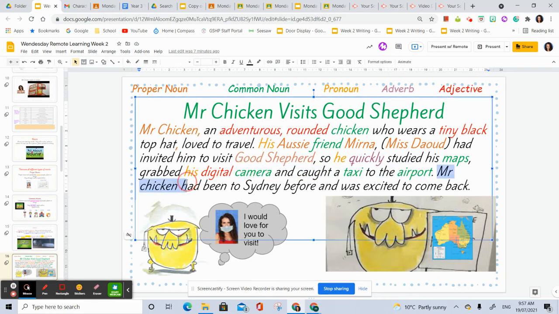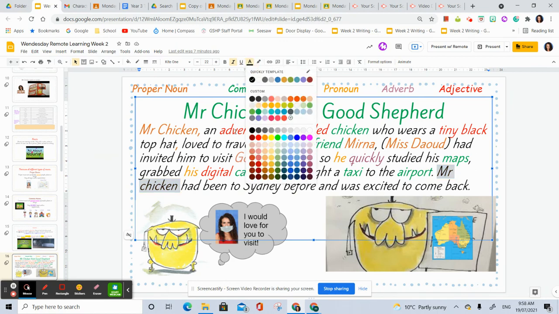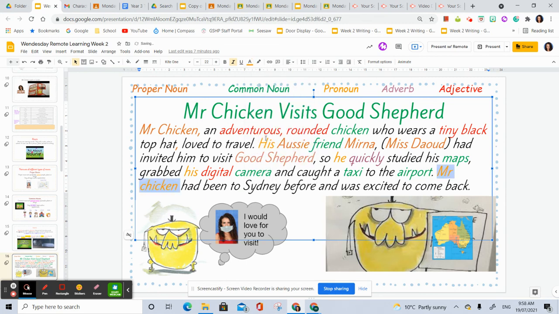Now I've highlighted the proper nouns in brown. Okay, so if you just highlight and then you highlight that proper noun, or it's orangey brown. This is the issue is